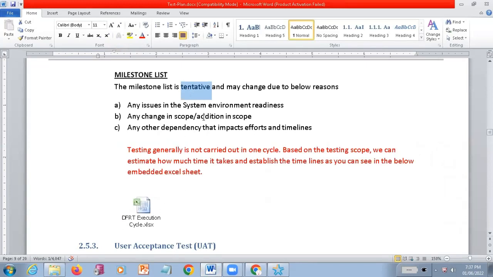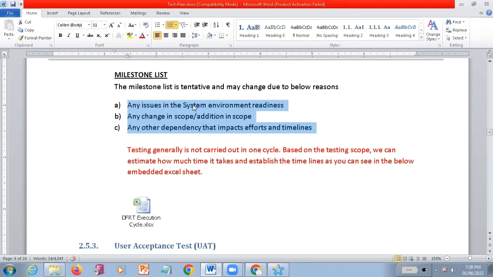So you want to satisfy almost 90% of these dates. If the dates are going to skip, there should be some particular reason, and it should be related only to these particular reasons. That means any issue in the system environment readiness, or any changes or addition in the scope.